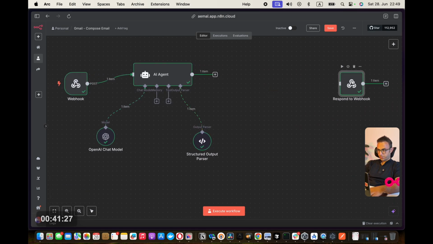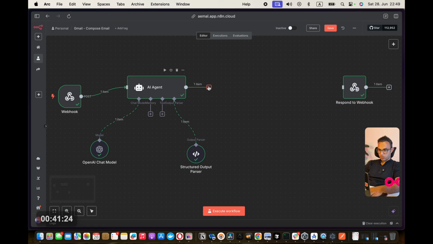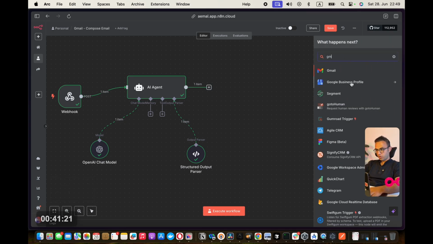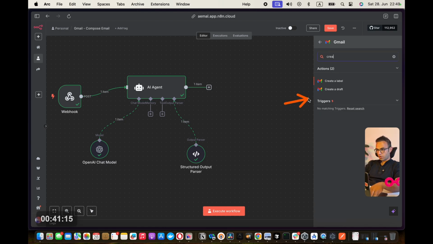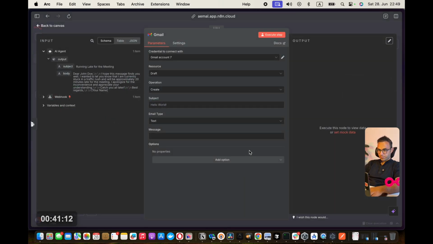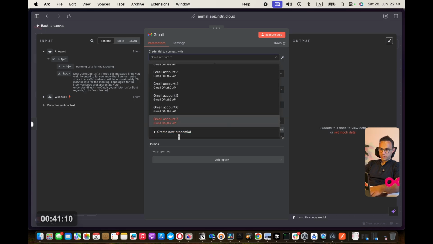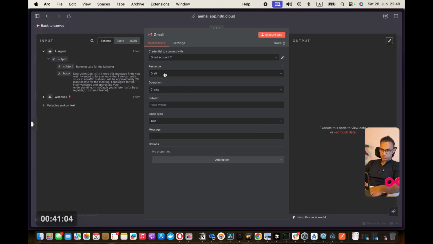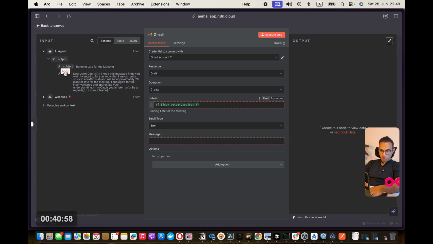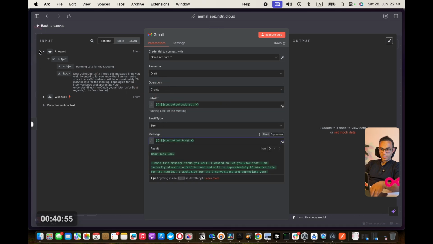So I'm going to break this link, put this here, and start creating an email, a Gmail node, and then create a draft node. When I create a draft, I need to select my account. How you create an account is like that, sign in. But I already have it, so I'm going to keep using that and create. The subject is coming from this subject. The body is coming from this body. You see why I created this structured output? It was so that I can easily map it like this.